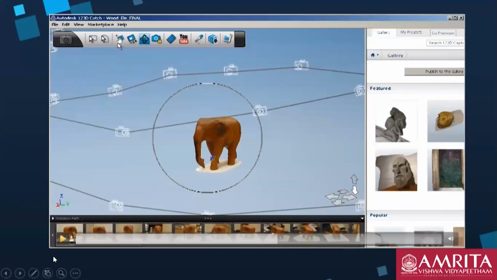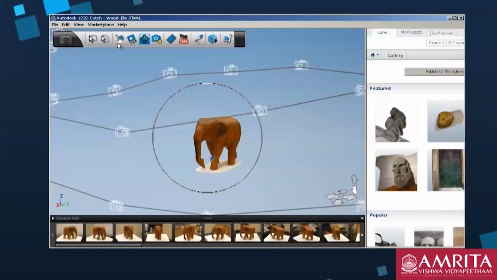See, it depends. The modeling of a complicated structure is difficult in itself. 3D modeling of a complicated structure will be difficult. So it is better you go with scanning first and then convert it into a model. But for some objects, you are making new objects, you have some idea, you're making something new. If you want to modify an existing one, you can go with 3D scanning and then go with 3D printing.